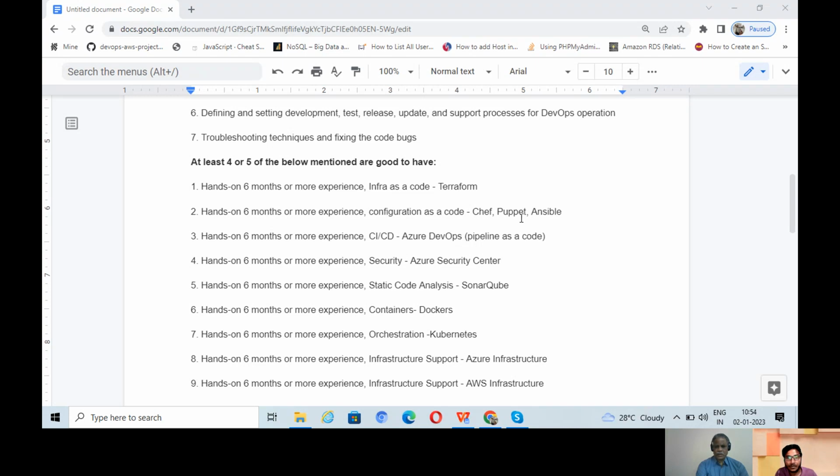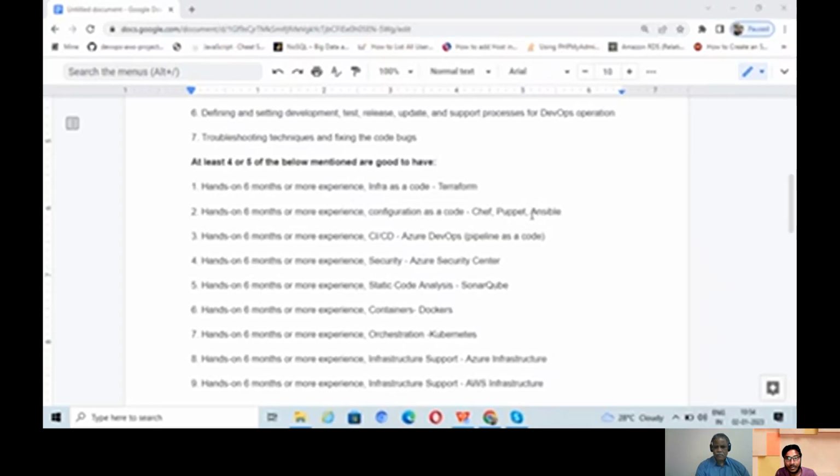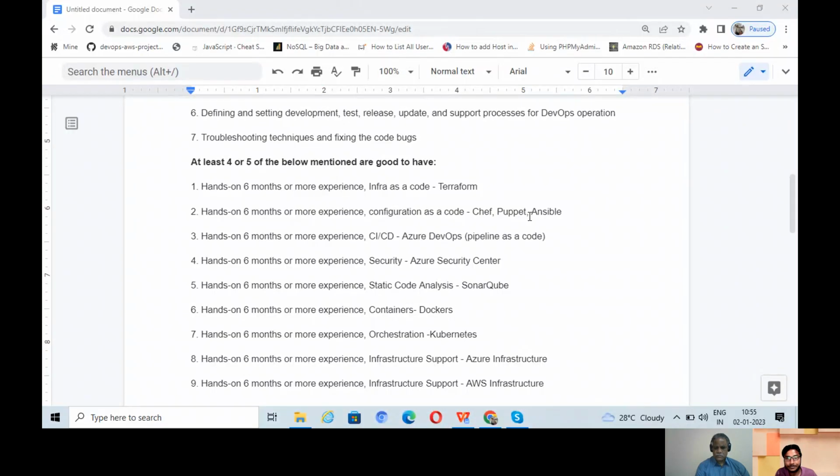So if you come to this Ansible topic, basically we need to set up passwordless authentication between the master and worker client nodes. And also you need to create the users for the master and worker nodes. Then once you set up the passwordless authentication between the master and worker nodes, then we can configure